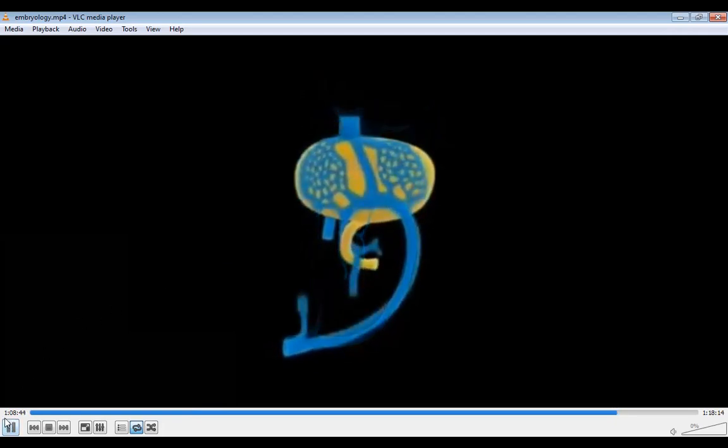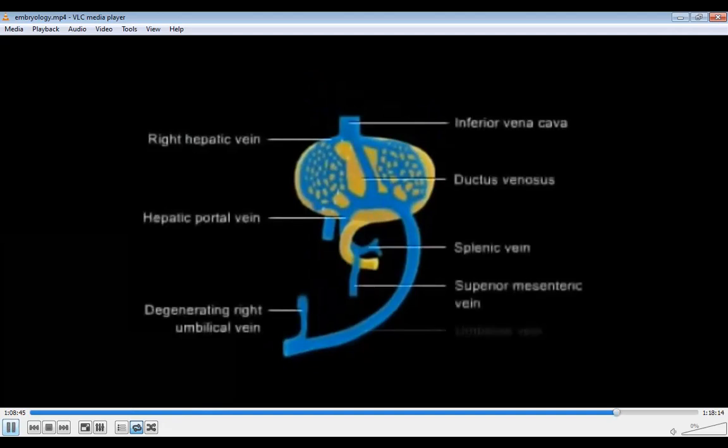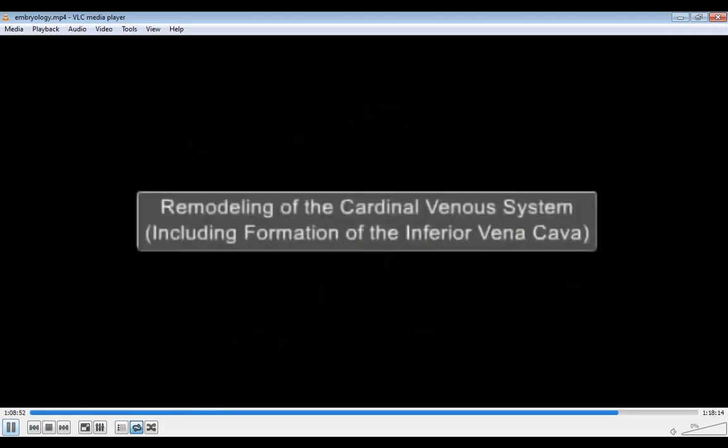Now this ductus venosus is formed over here. Now finally, this is our hepatocardiac channel being formed. These are the liver sinusoids being formed. This is the left umbilical vein which will form the ligamentum teres. This is our hepatic portal venous system of veins, which is formed by the right vitelline vein caudal to the developing liver segment, as we have studied. And this one is the splenic vein, and this one is the superior mesenteric vein formed by the right vitelline vein. Now we will study the cardinal venous system in our next class.